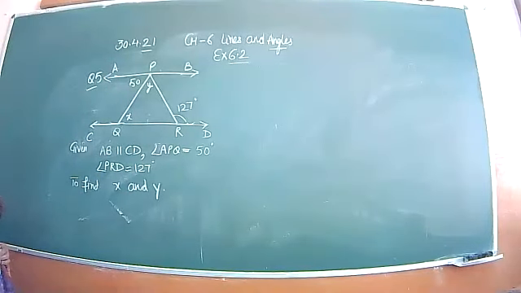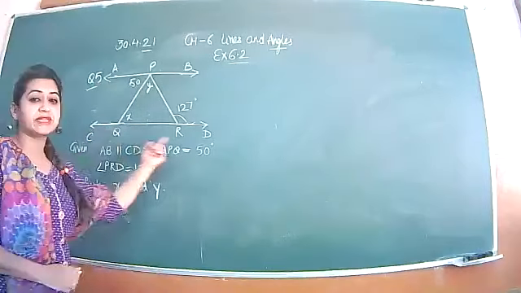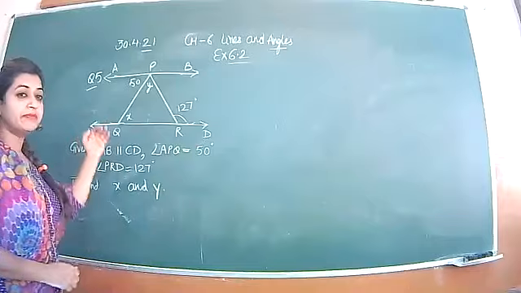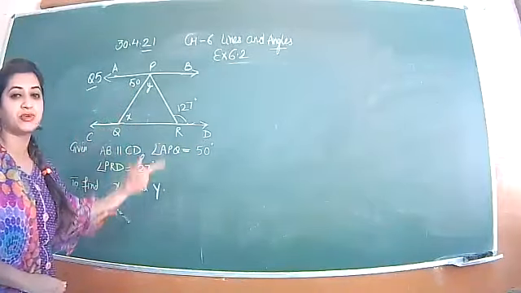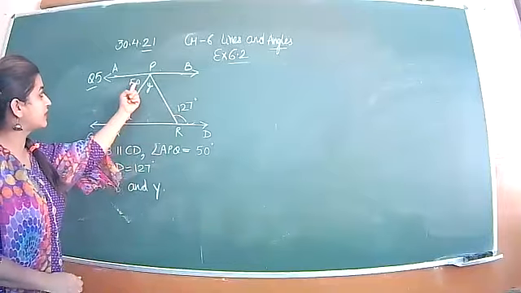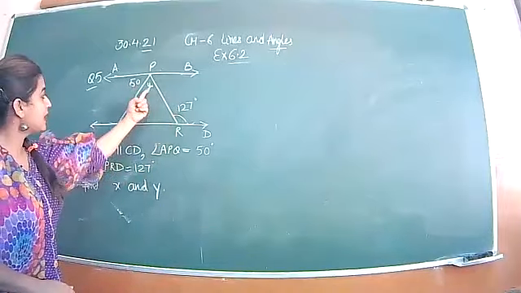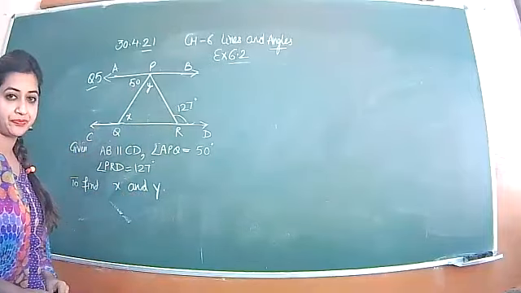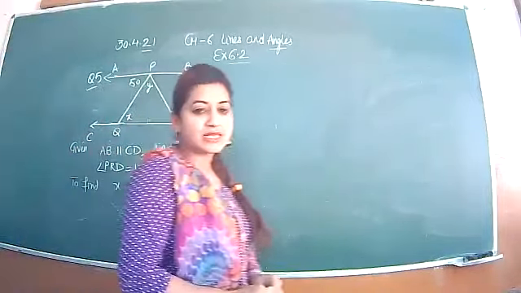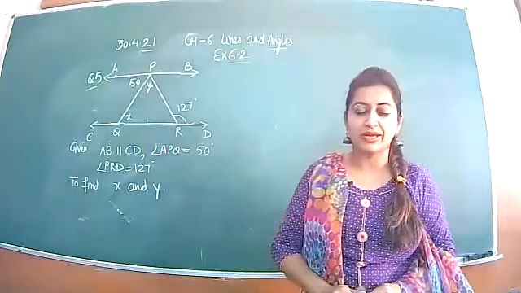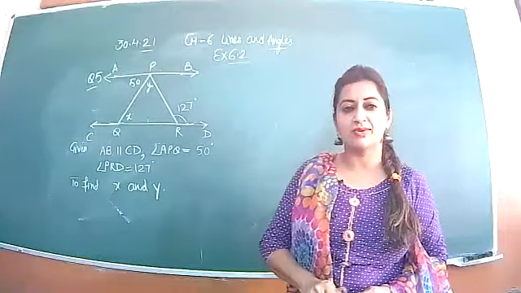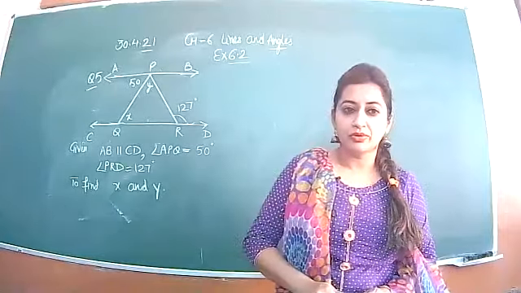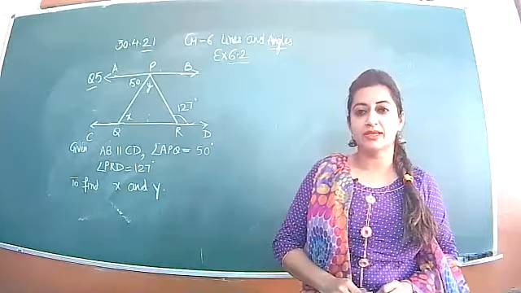Look here, beta. Question number 5. In this, two lines are parallel. AB and CD are the two parallel lines. And in between these two parallel lines, a triangle has been formed. The name is PQR. And the two angles are given. This is 50, this is 157. X and Y you have to find. Now, triangle is there, so you can use the concept of the triangle, as well as parallel lines are given, so you can use the concept of parallel lines also. What you will do? It's very easy.